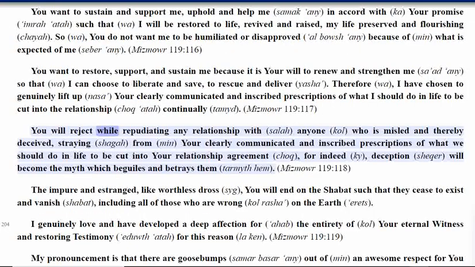You will reject, while repudiating any relationship with, anyone who is misled and thereby deceived, straying from your clearly communicated and inscribed prescriptions of what we should do in life to be cut into your relationship agreement, for indeed deception will become the myth which beguiles and betrays them. Mizmowr